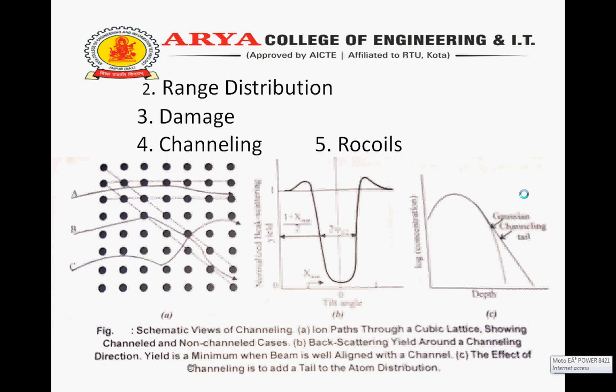In this figure we have three ions entering a simple cubic lattice. Ion A is well aligned with a channel and so suffers only glancing collisions with the walls as it travels far into the lattice. Ion B is scattered into a channel after a shorter distance, perhaps because of lattice imperfection. Ion C is not channeled and has random collisions with lattice atoms.